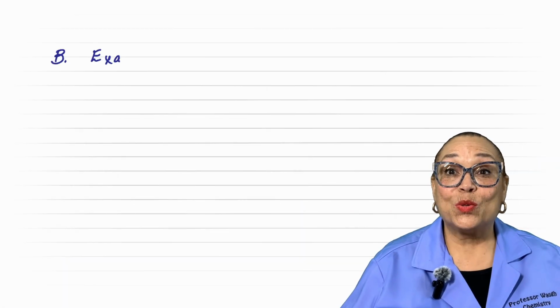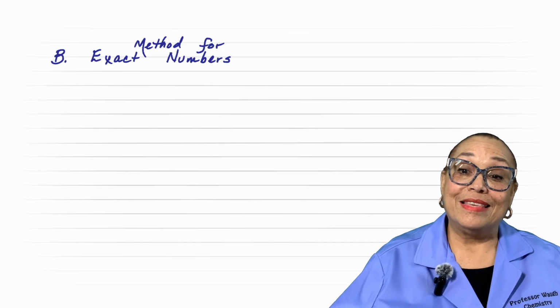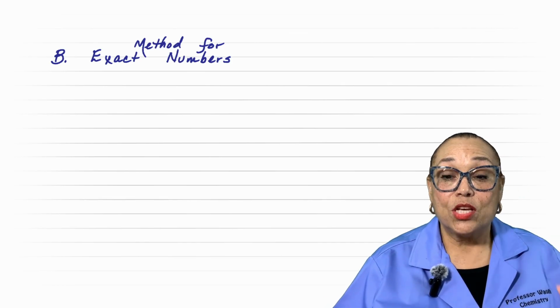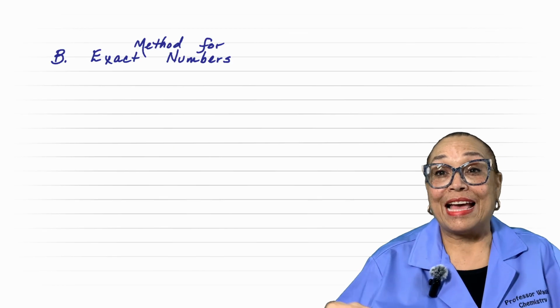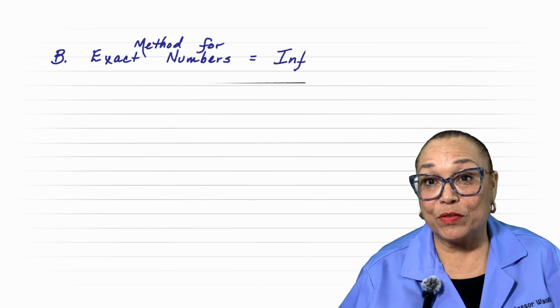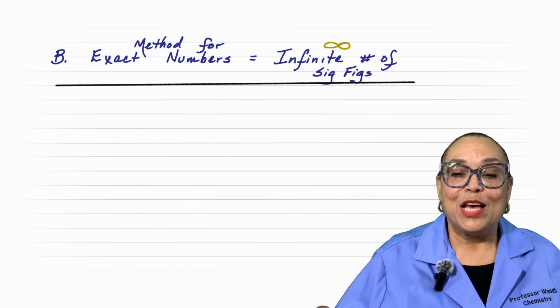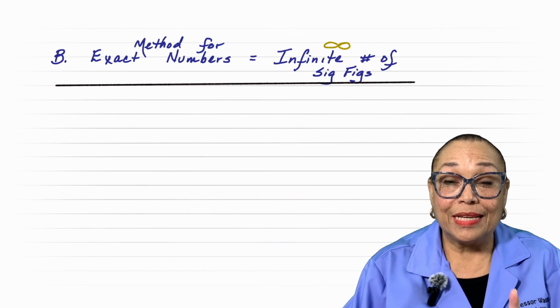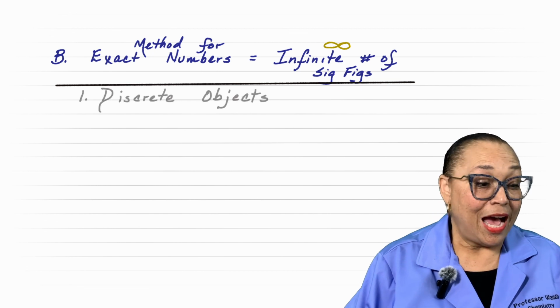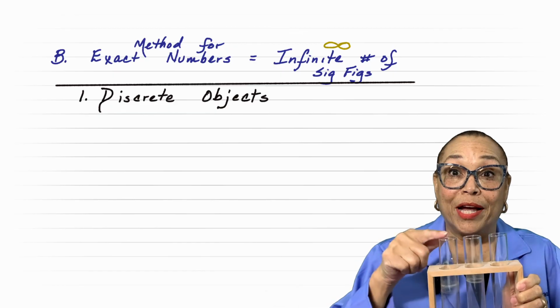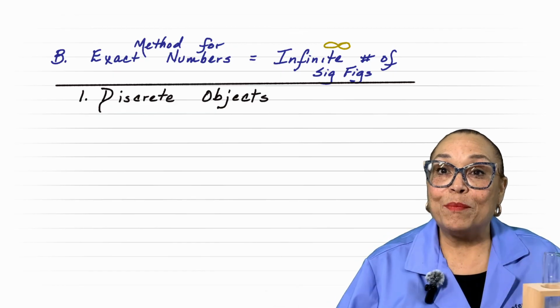Now, let's get into exact numbers. This is the method that we're going to use, and there's only 5 rules. So exact numbers means that you have an infinite number of sig figs. So it goes to infinity and beyond. So the first rule is a discrete object. I have 3 discrete test tubes. 1, 2, 3. So that means